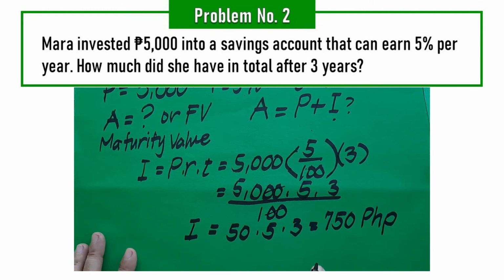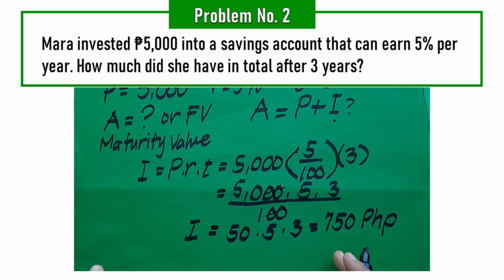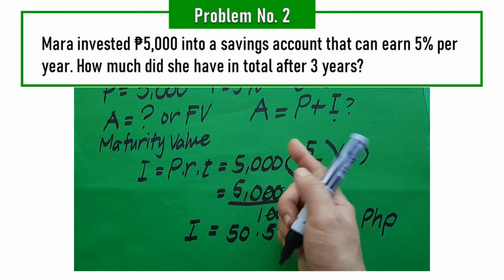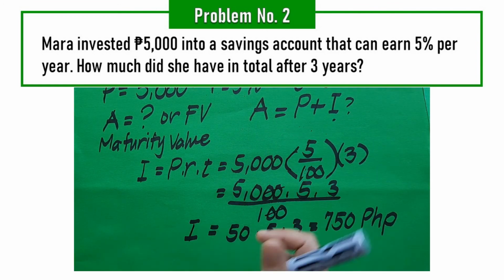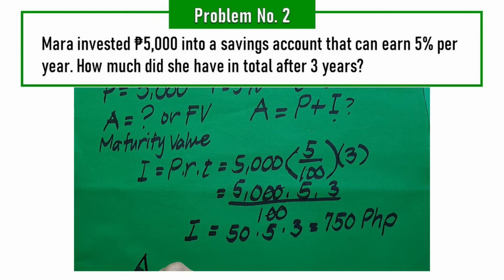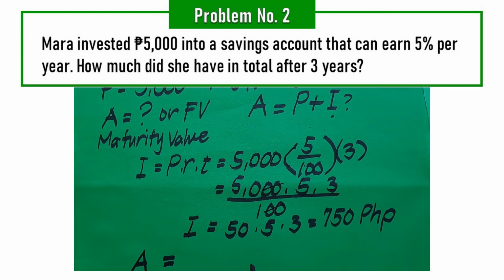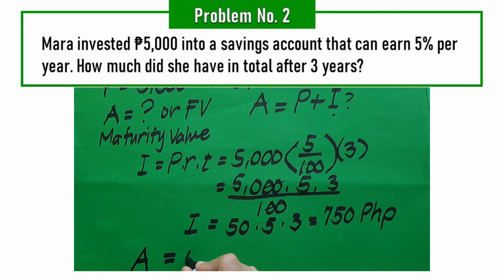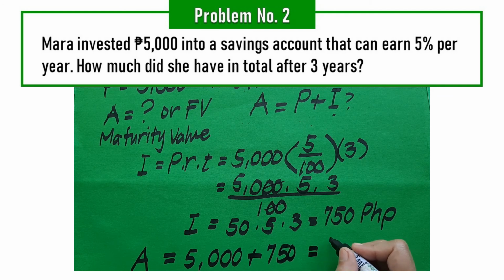Okay? So, what is now the value of your A? Since nakuha ko na yung I, your interest, pwede ka na ngayon makompute ang A kasi alam ko ngayon ang value ng P. So, the total amount at the end of 3 years will be, she will now have 5,000 plus 750 will just be equal to